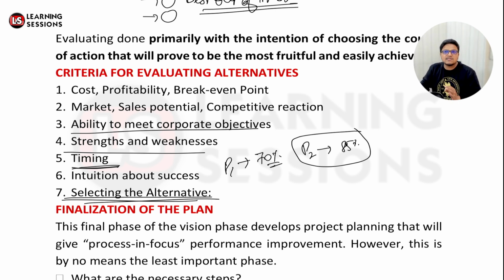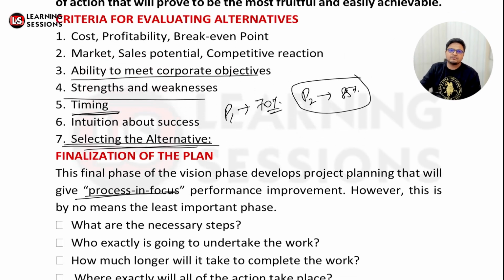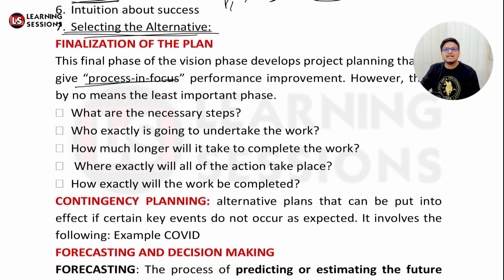Now the final process is related to what? You are to select the plan so that you can focus on the main process, and ultimately you'll be executing the plan in that particular manner, and you'll be able to do the things as you wanted to do earlier, right? Further, it's related to contingency planning. Now what is contingency? Contingency means I wanted all the things to be good, but I just planned one thing.